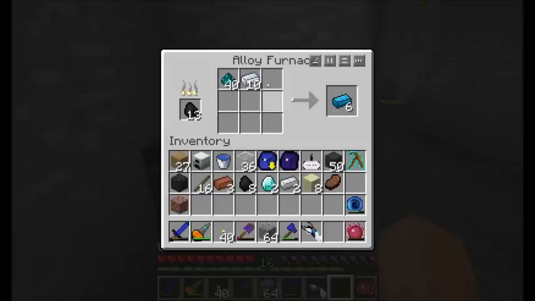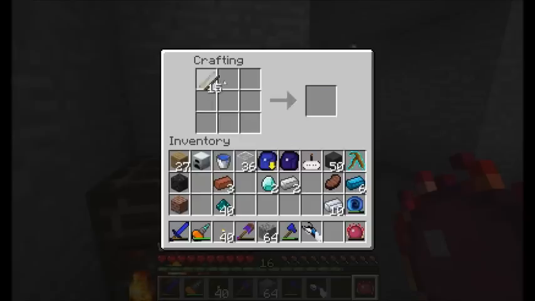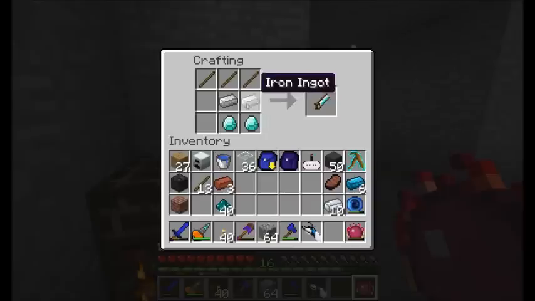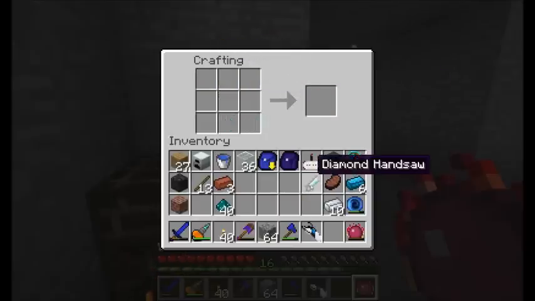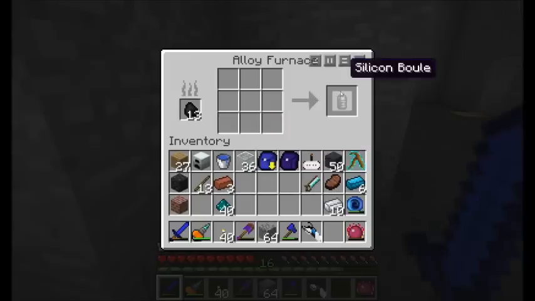Alright guys, to be honest with you, that should be about enough blue alloy ingots for now. The next item I need to do is combine some coal and some sand, 8 pieces each. And while that's cooking, I'm going to craft up an item called a diamond handsaw. It's going to require a pair of diamonds, a pair of iron ingots, and some sticks. That's your diamond handsaw. It's the top tier saw in Red Power 2, and I'm going to need it to